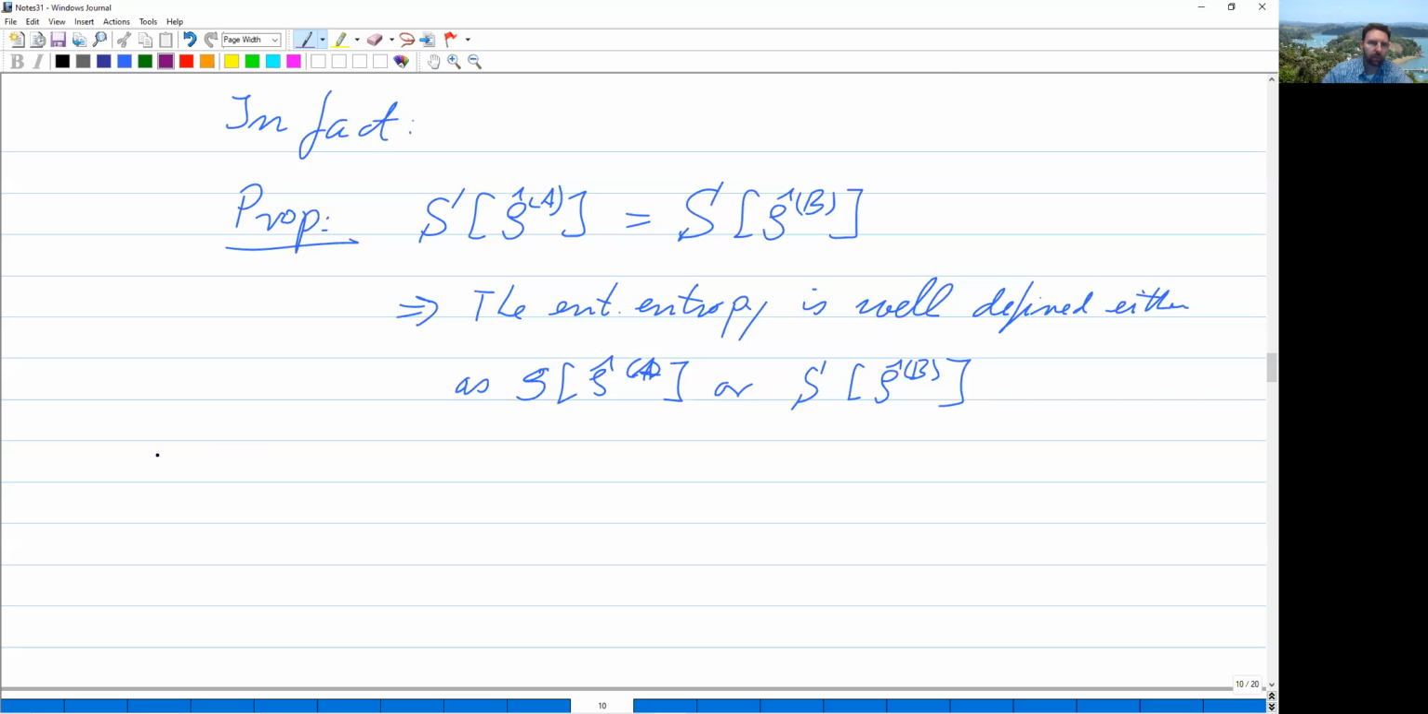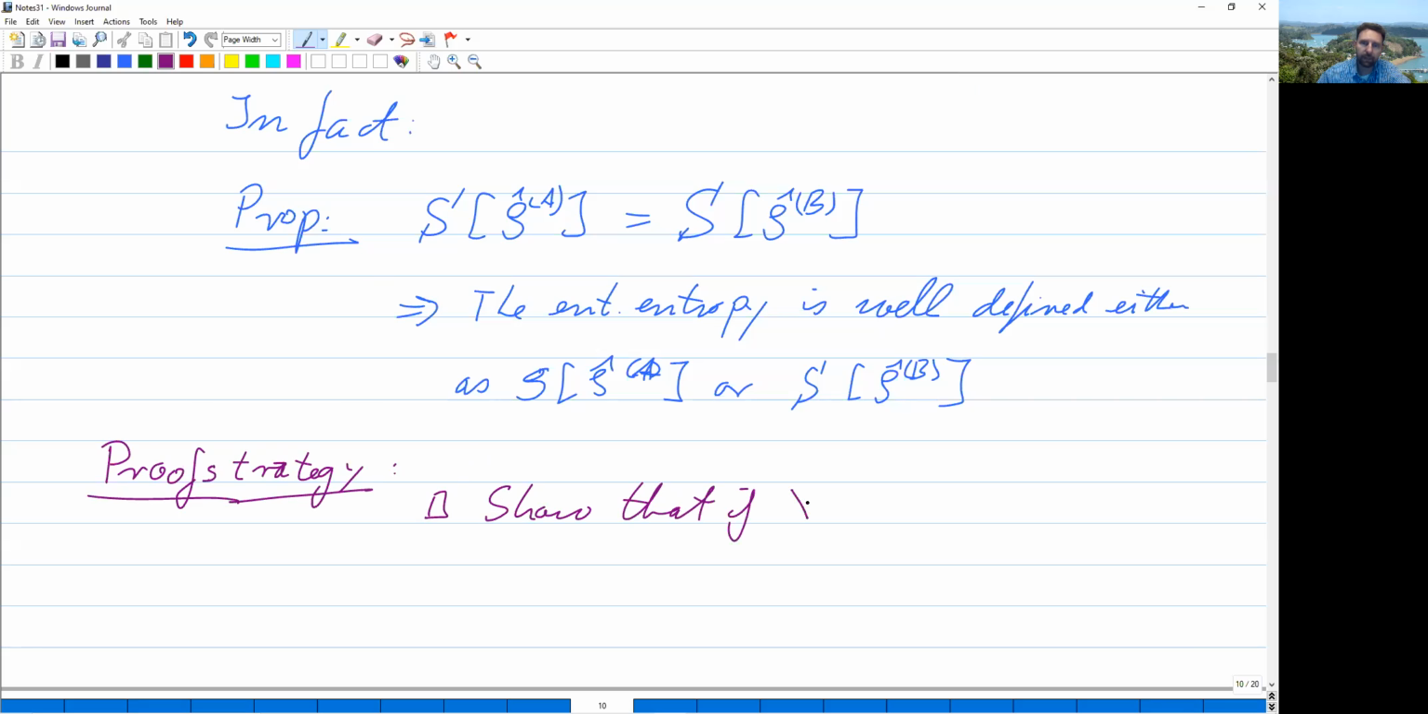Now, what about the proof? Well, the proof is a little bit tedious and it would cost us too much time. I give you the proof in all detail in the lecture notes. For now, let me just show you what the strategy is. So, proof strategy. The proof strategy consists of this. First of all, you show